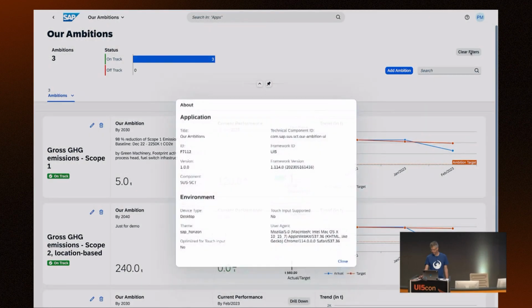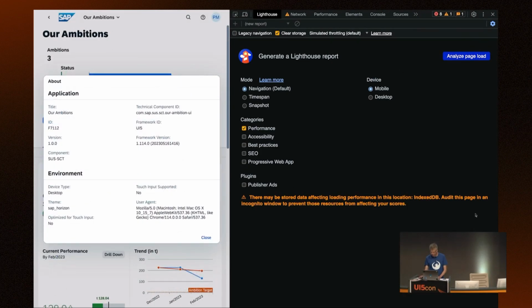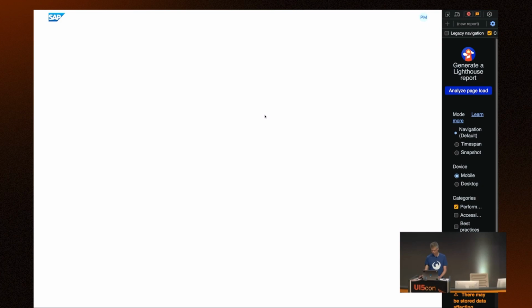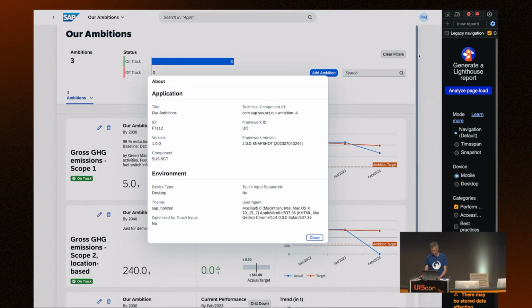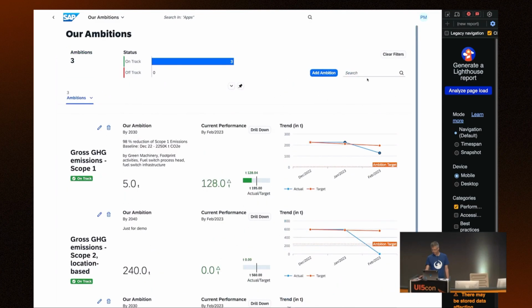Now let's check here. If you look at the about, we see this is 114. And if I now open the developer tools, you can just move it to the right. And then I reload, and check again. Then you see it's the version 2.0 snapshot, of course, because it's only available internally. And you see there are standard controls like the search field, buttons, layout controls, also some micro charts.